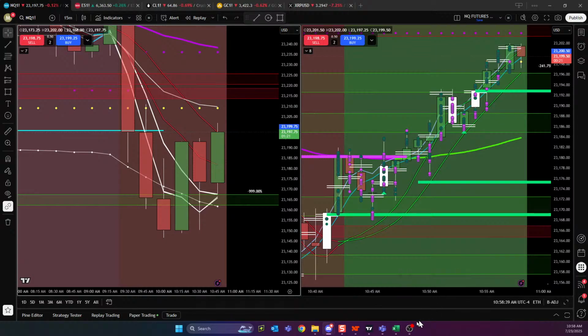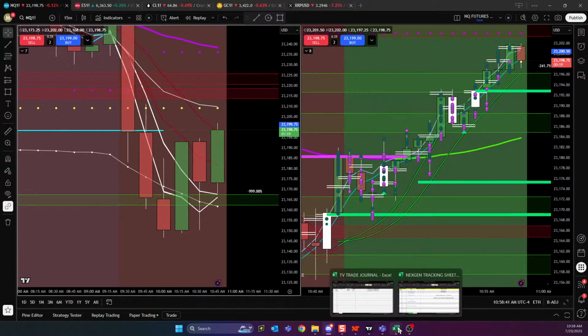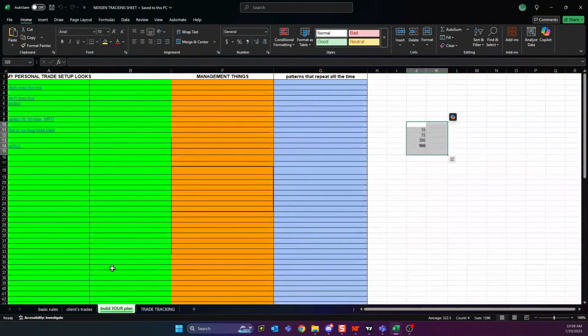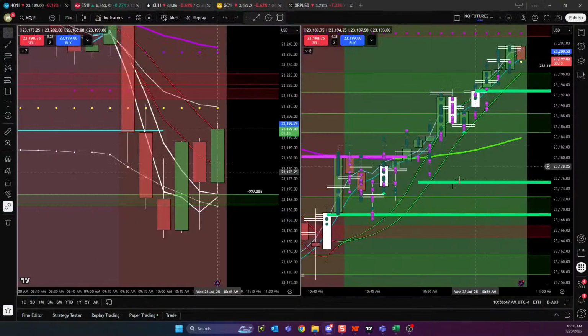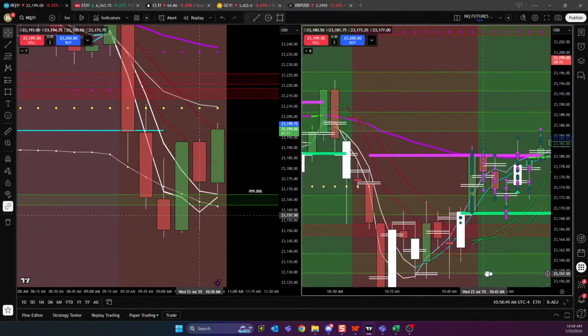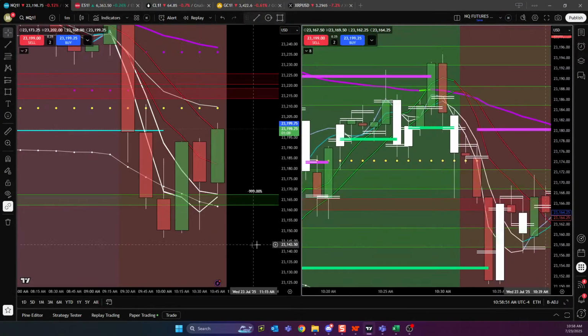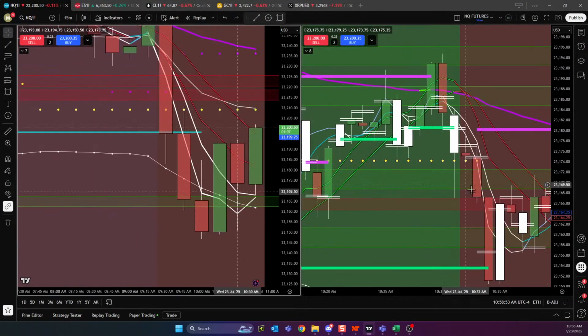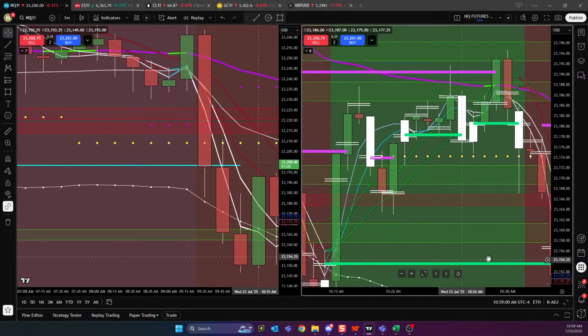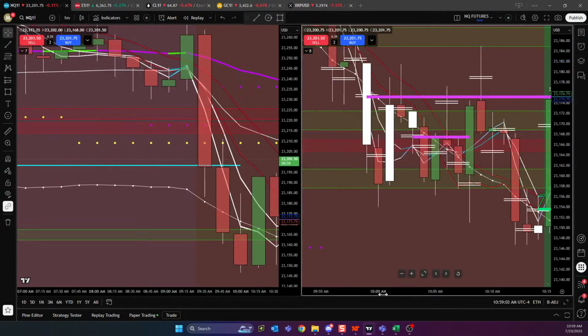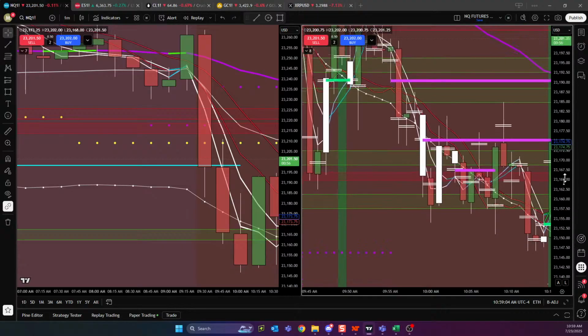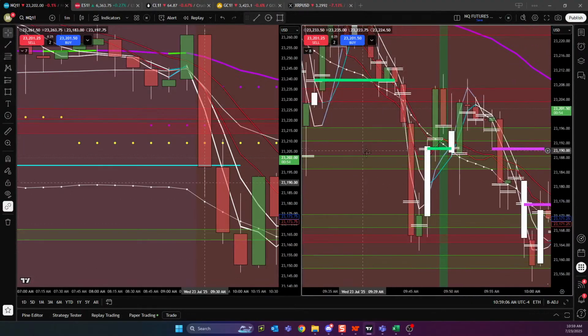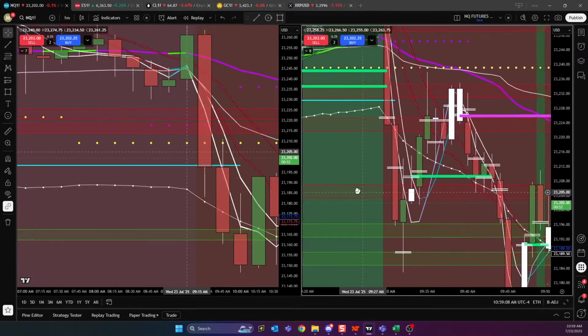And guys, the easiest way to get over that is start taking pictures. Write down your checklist and just scroll back. Where were my rules met? Right? Everything set down. I had room to treble. It pulled back to a mid-band and gave me a close below. That's a good looking trend trade. Scroll back. Look for the entry rules on the small chart and see if the large chart supported them. There's a lot of shenanigans going on here.